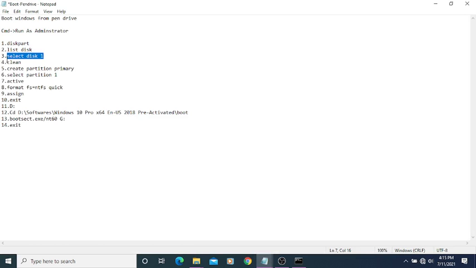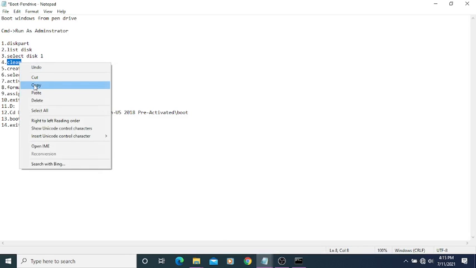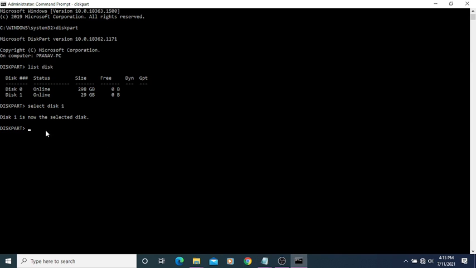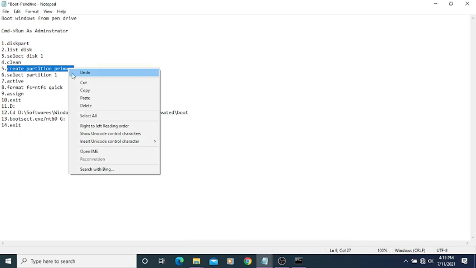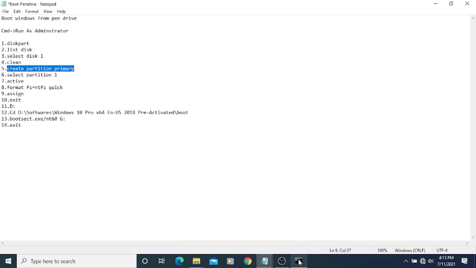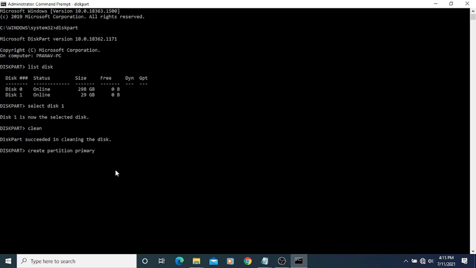After that, the next step is clean. We'll copy and paste, enter. Then the disk is successfully cleaned. So next step we will go to create partition primary. Enter.